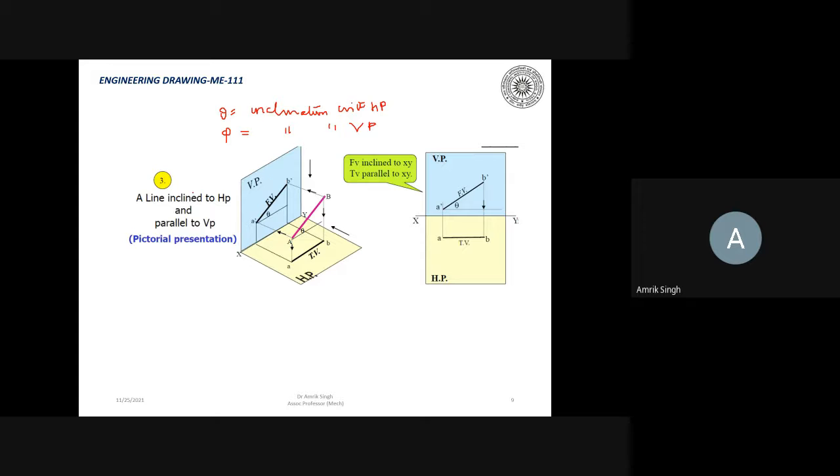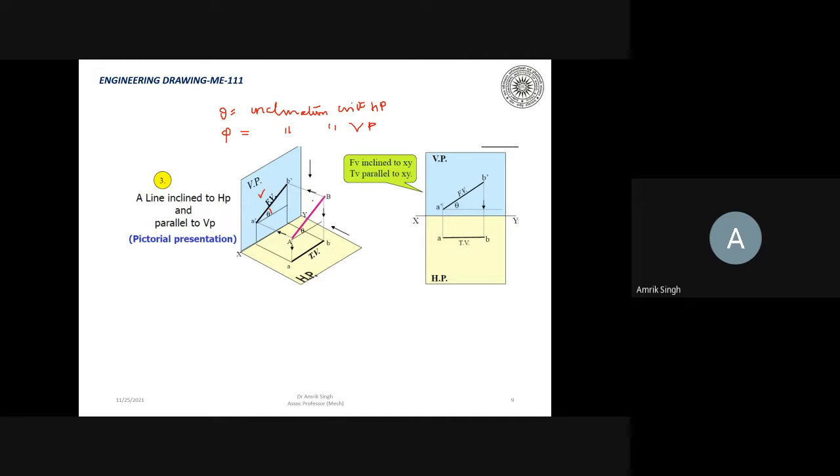Okay. So here it is given a line is inclined to HP. So it is inclined at an angle theta with HP. So this line AB is there, and it is parallel to VP. So when you see from this side, the front view will be drawn, and the front view of this will be B dash and A dash, and this will be at an angle theta. So now you see it is inclined to HP, and this theta angle is drawn here. How to draw this, we will learn in the next slide.